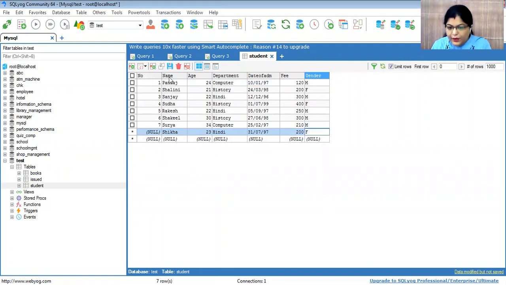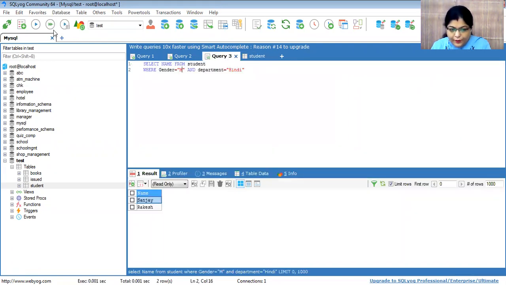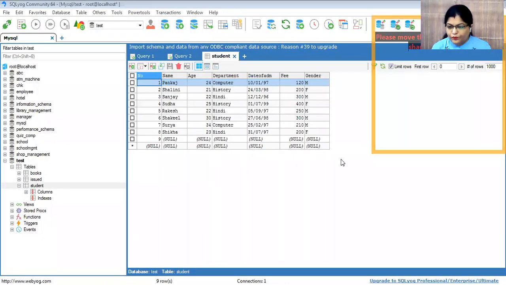Then F. Okay, now I have inserted Shikha in the table.